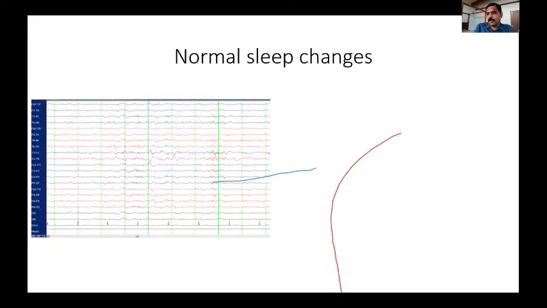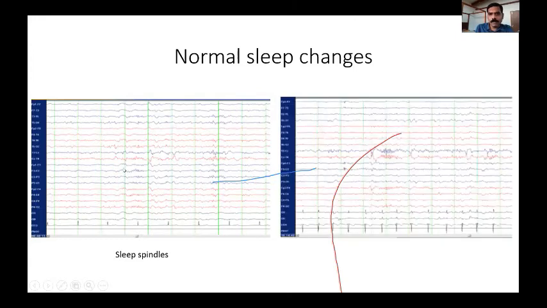In children, as I told, we always do a sleep EEG, so the sleep changes are also seen in our records. This is an example of sleep spindles, 13 to 20 hertz activity seen mainly in the central region. Sometimes we get vertex waves followed by sleep spindles, called K complexes. Vertex waves are also sometimes confused for epileptiform discharges. If you know the child is asleep, especially in stage 1 sleep, and you see these waves in the central, that is Cz lead, it is a vertex wave, not an epileptiform discharge.